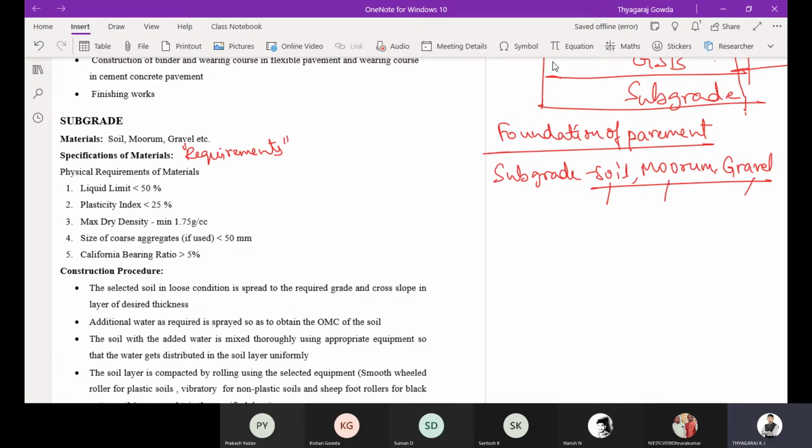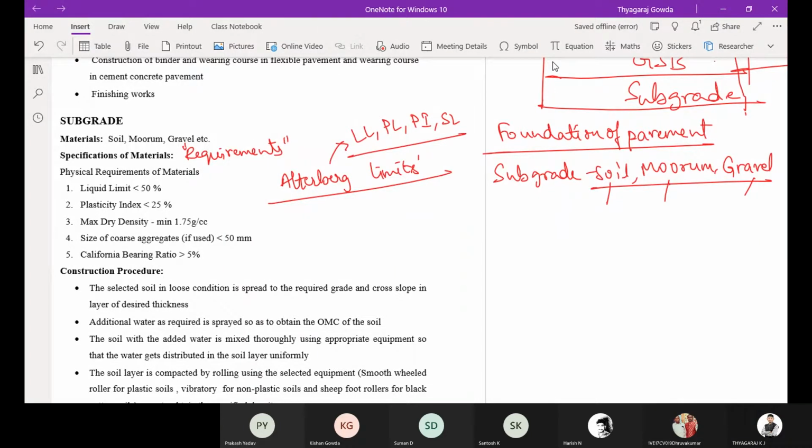As we all know, Atterberg limits. Have you heard about Atterberg limits? No, sir. That is the liquid limit, plastic limit, plasticity index, shrinkage limit. Have you not heard about this one?